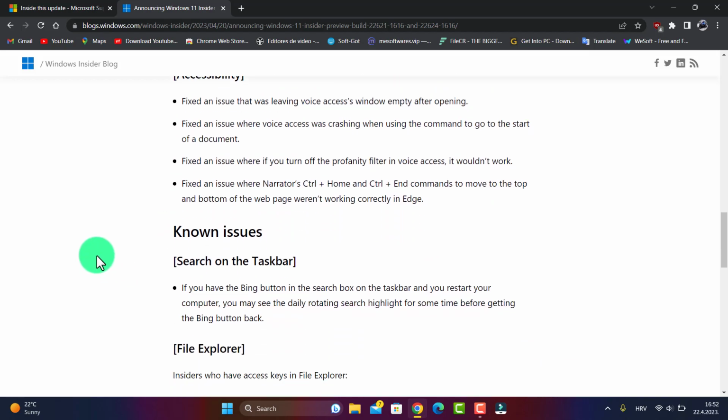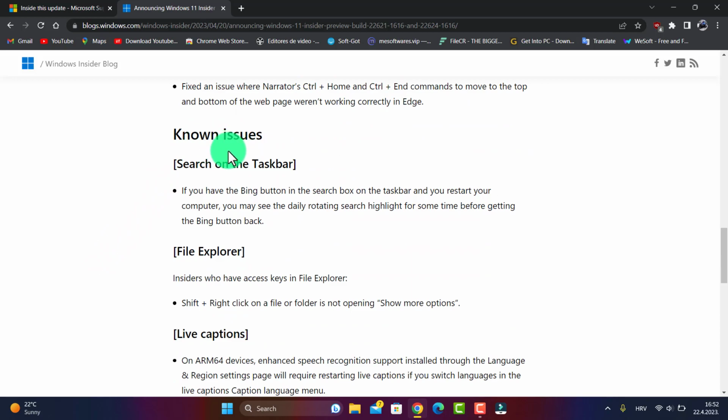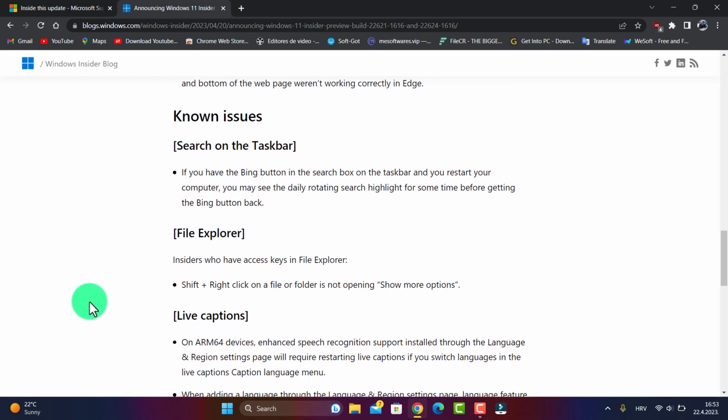I will leave a link in the description. And the known issues from Microsoft: search on the taskbar. If you have a Bing button in the search box on the taskbar and you restart your computer, you may see the daily rotation search highlight for some time before getting the Bing button back. I like the nature pictures, but I don't like Bing, but okay,